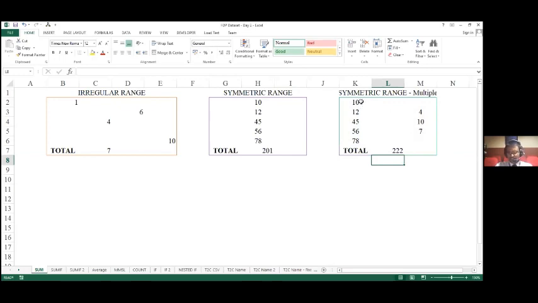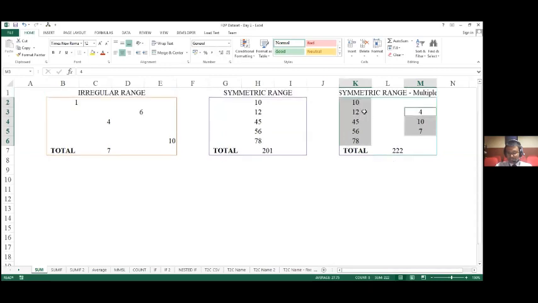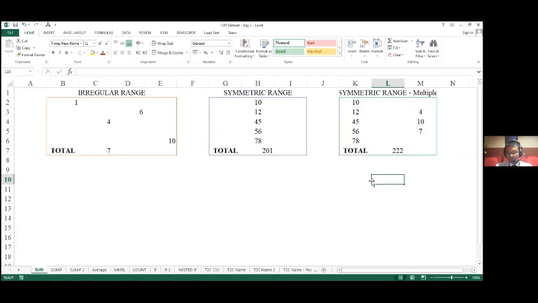Now let's cross-check this answer. I'm going to use the inbuilt functionality in Excel, and select these two series using my mouse and the Control key. Excel is telling me that I've selected 8 cells, which is correct, and the total of these 8 cells is 222, and also the average is 27.75.